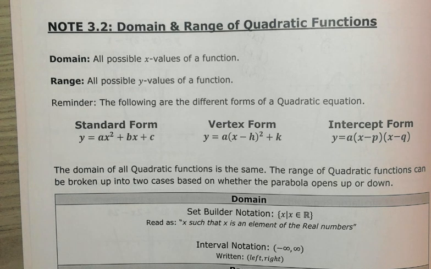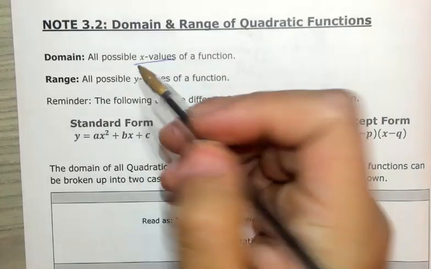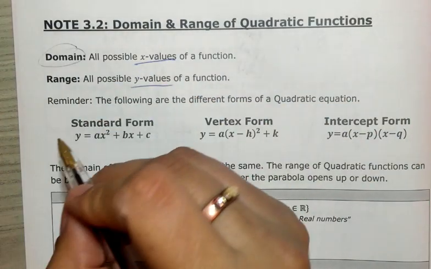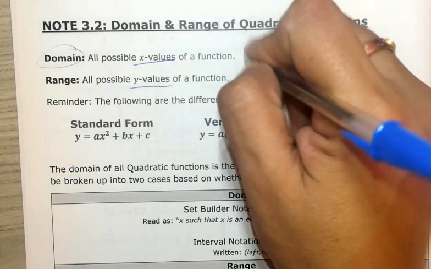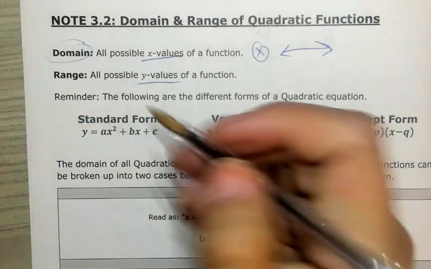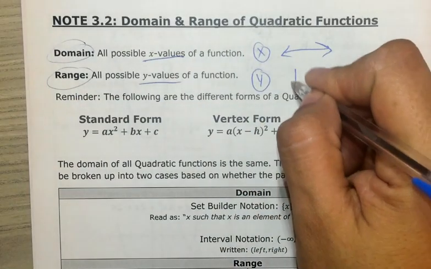Hey students, in this video I'm going to go over the domain and range of quadratic functions. So just to review, domain stands for all x values and range stands for all y values. So as soon as you think of domain, picture the letter x and the direction of movement left to right. And when you hear range, picture the letter y and the direction of movement is